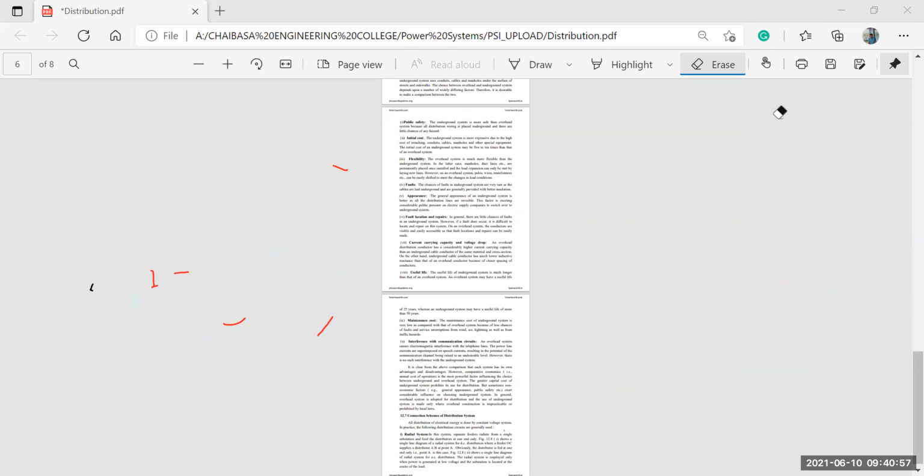So it consists of two or more paths, whereas in the previous radial system it was only one path, but in